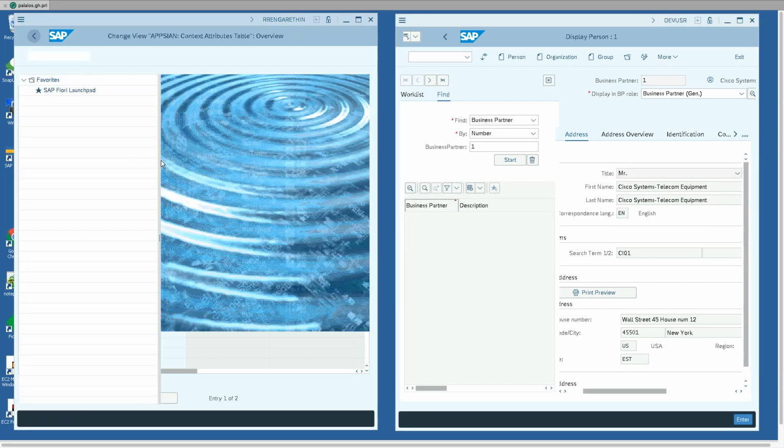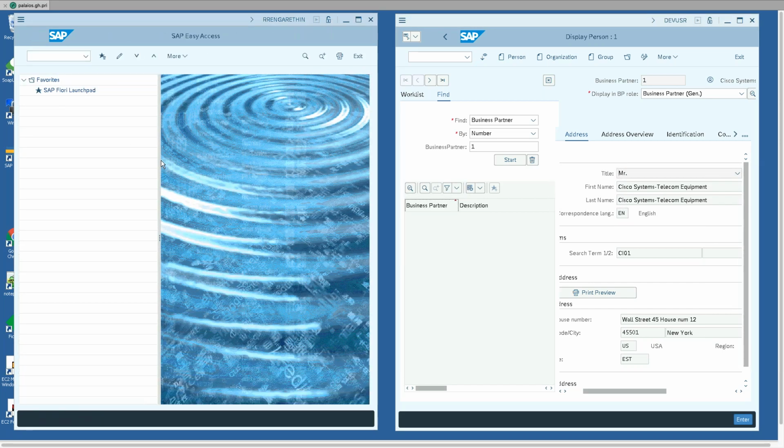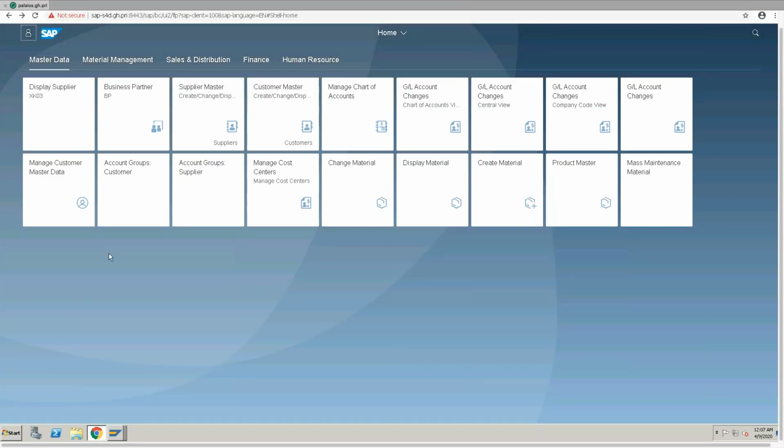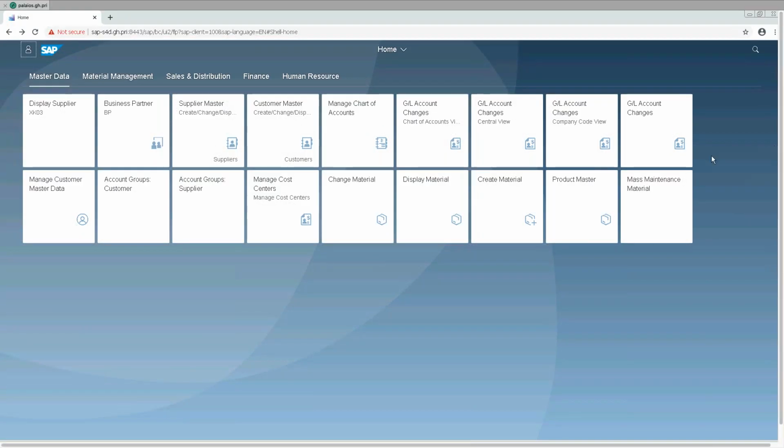So irrespective of what condition it is, it's all configurable, and we can use user attribute or the data attribute or the context attribute in order to control how the users view that information. And the good thing about this is it's also UI agnostic, because we're doing it at the back end. We can control it even when the user is coming in through, say, a different UI, such as a Fiori app. So in this case, if I were to run the same transaction here